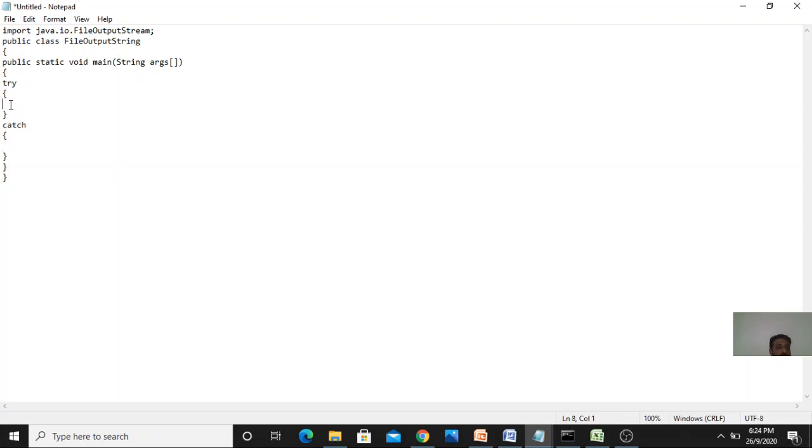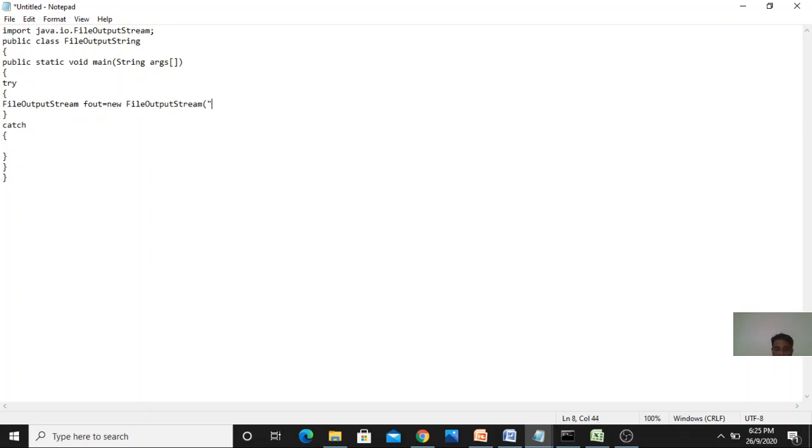Next I will create an object of the class FileOutputStream, out, equal to new FileOutputStream.